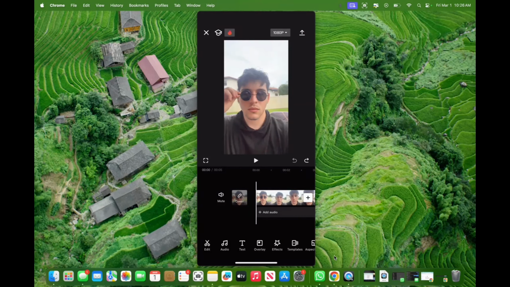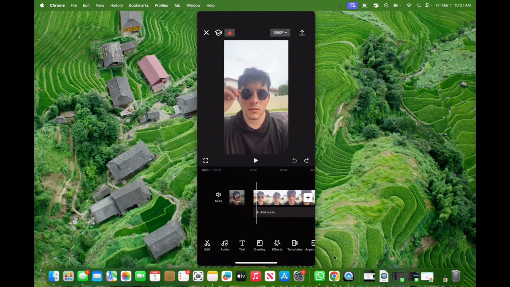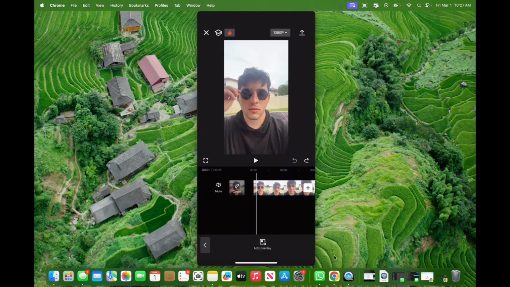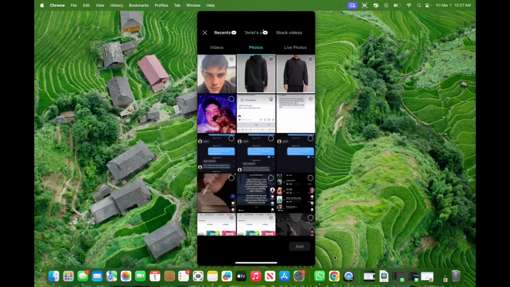Today I'm going to quickly show you guys how to add a photo to your video in CapCut. So initially, all you have to do, once your video is done or if you're just in the midst of editing it, is press overlay. On the bottom right here you see edit, audio, text, and overlay. We're going to press on overlay, and now we just click on add overlay, and it'll take us to our